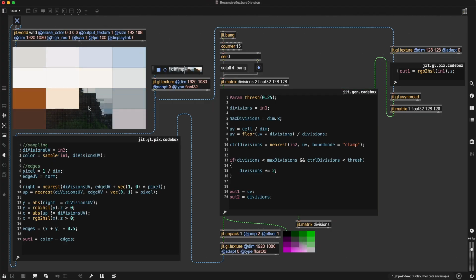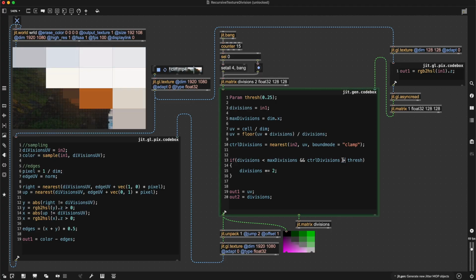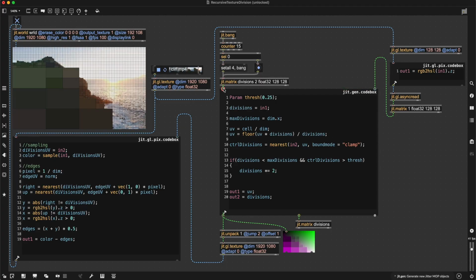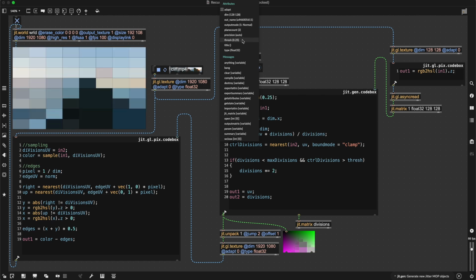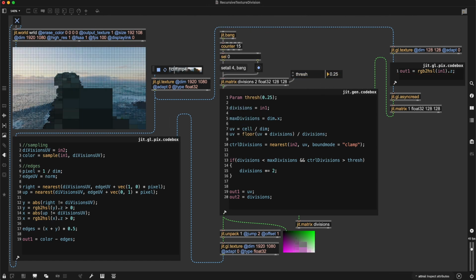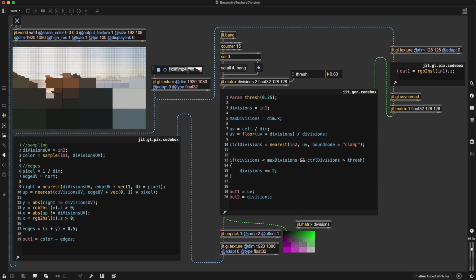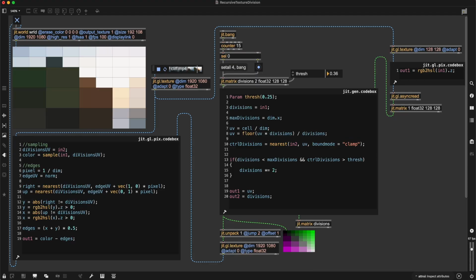So the darker, the more divisions. Or we could, of course, also change the threshold from the outside. Yeah. But I think 2.5